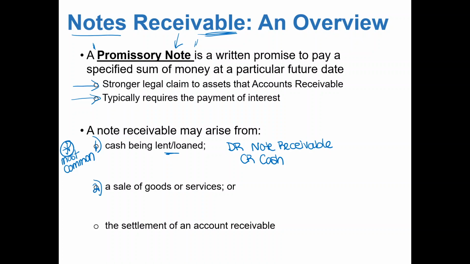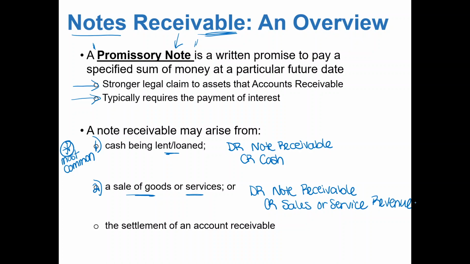But a note receivable can also arise if there's a sale of goods or services and it is settled by a note receivable rather than going into accounts receivable. So if the company decides they want to earn interest, maybe they require a note rather than AR. If this were the case, you would still debit note receivable because you have this note and you're going to receive it in the future. But now, since we're performing services or selling goods, our credit would either be to sales or service revenue. So we would be recognizing the revenue, and we're just setting up the receivable,